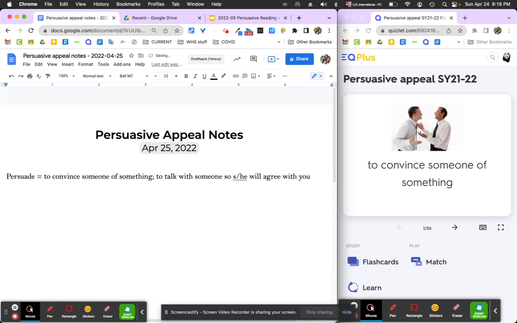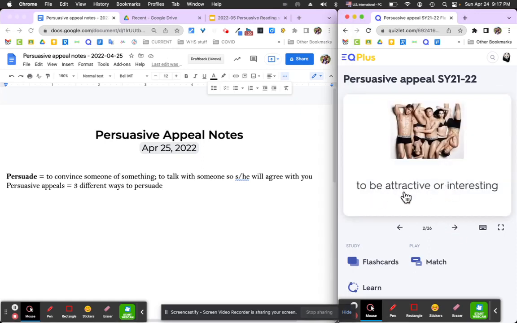So that's the main idea of to persuade. Persuasive appeals are three different ways to persuade, right? So three different ways to persuade, and